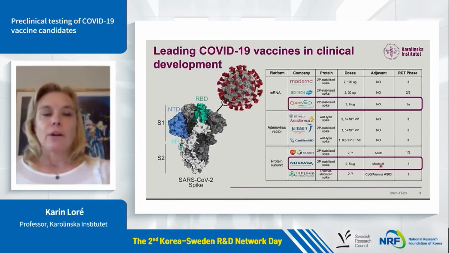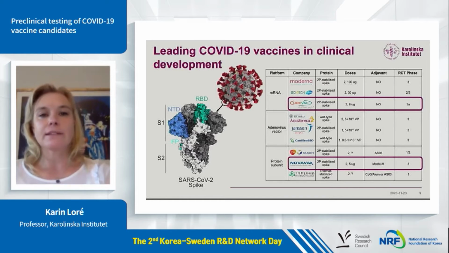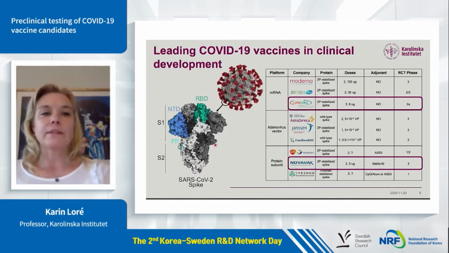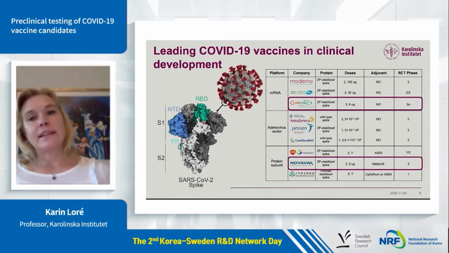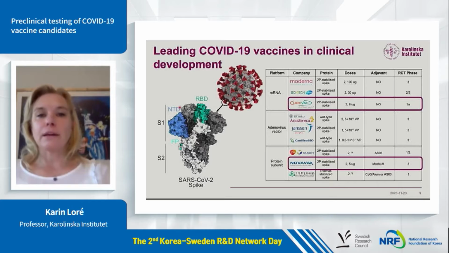So most COVID-19 vaccines are based on the spike protein. That is the protein that sits on the surface of the virus and is used by the virus to infect cells. And the spike protein is relatively large, and it has one receptor binding domain, which is likely very important because that is what this virus is using for infection, and it's likely important to block that particular part of the spike protein. So the spike protein as a vaccine can come in different forms. It can come as an mRNA sequence, as I discussed, and these are the main players